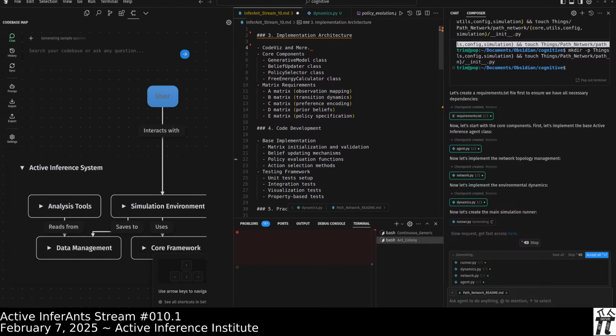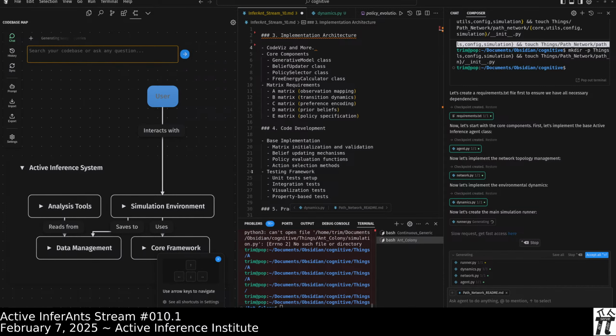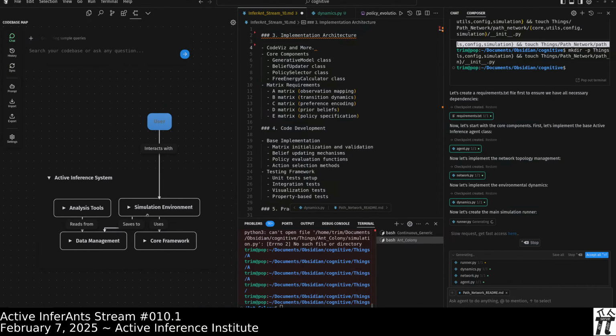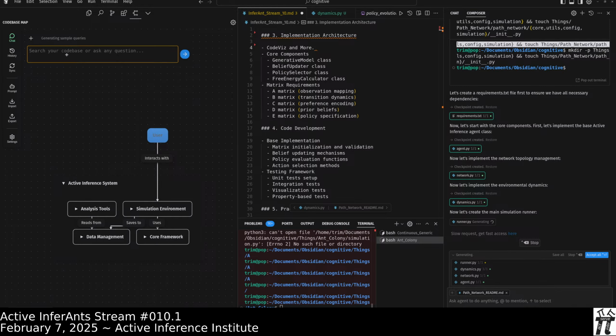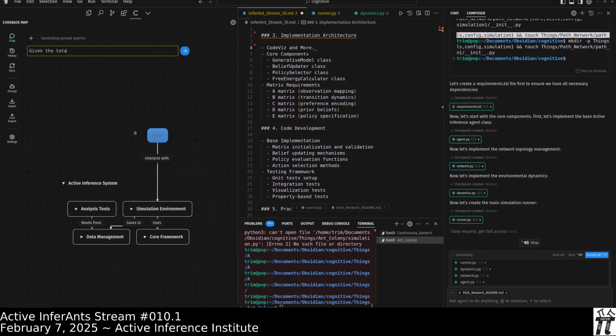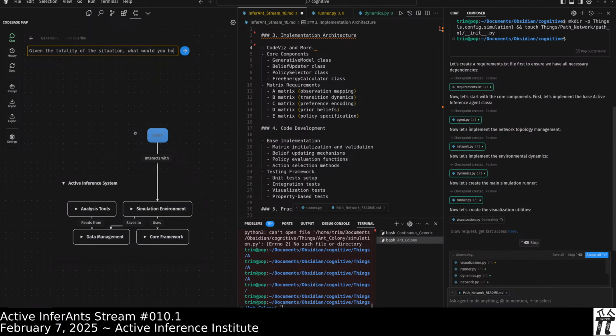So, okay, let's say, given the totality of the situation, what would you honestly, comprehensively say about the topology and geometry of the package? Okay, we're going to see what CodeViz does here.